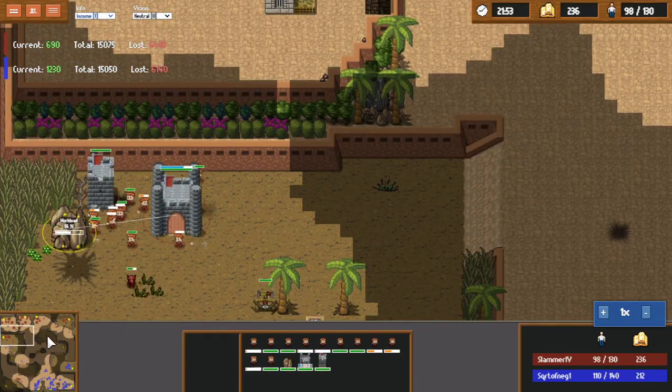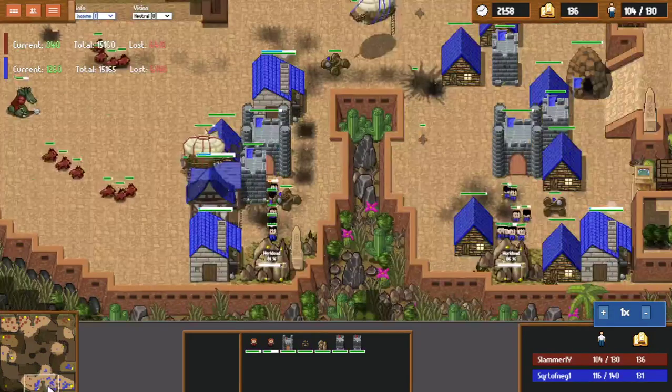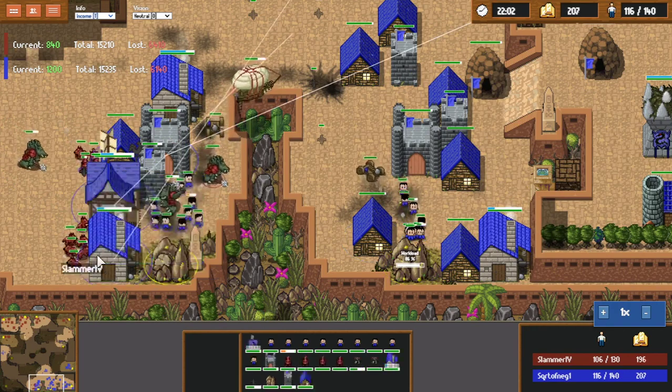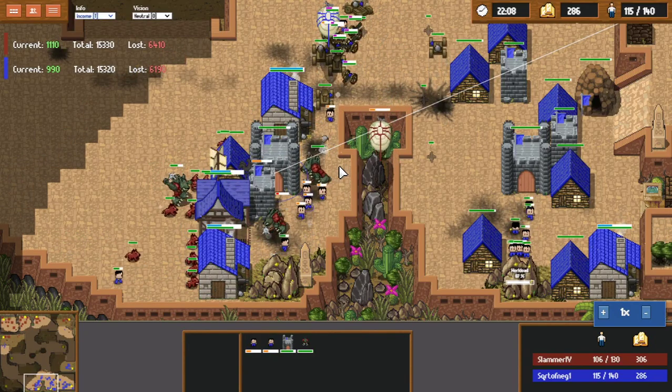Obviously, Slammer has the additional bases, so he'll be able to mine just a little bit more. It should be 3 base economy versus 3 base economy. Let's see how much more gold is left here. Only 500. Slammer going for a very devastating worker drop, as that's going to shut down a third of